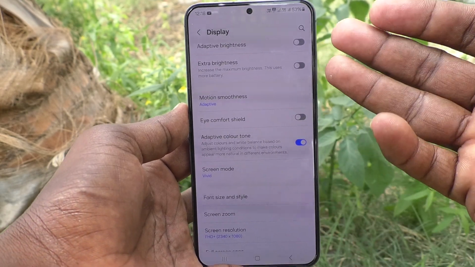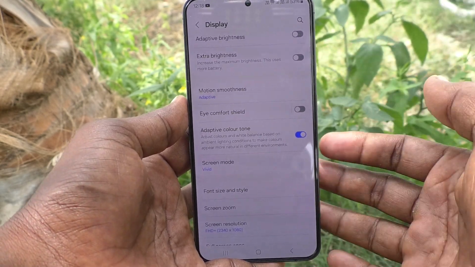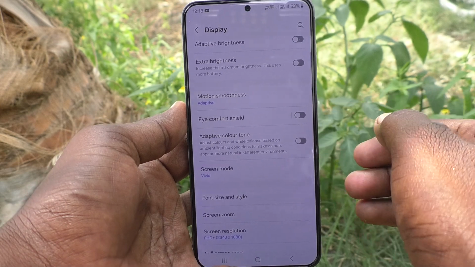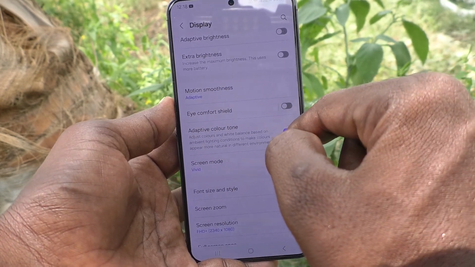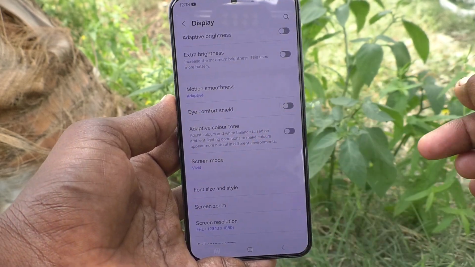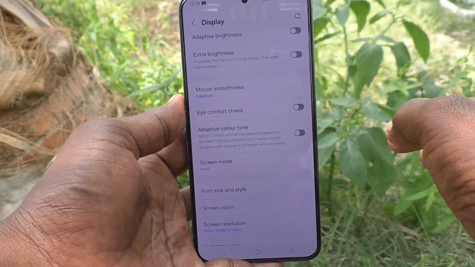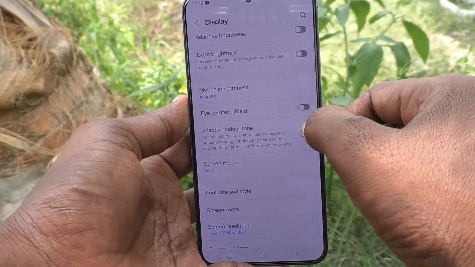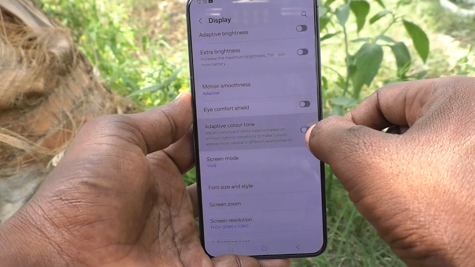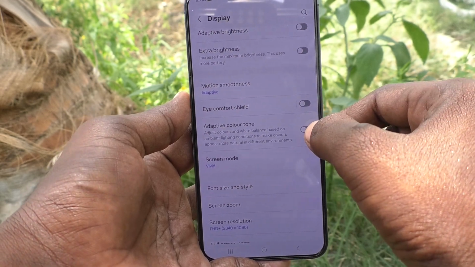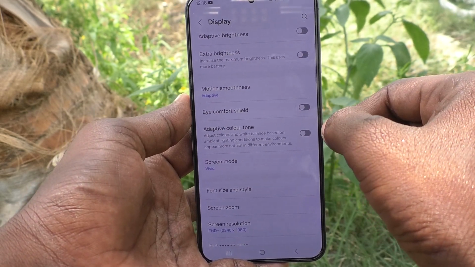Okay, now the color tone has slightly changed. Okay, if you would like to turn off adaptive color tone, just use this button again to turn off adaptive color tone. Okay, now I have turned off adaptive color tone. Okay, so in this way you can easily enable or disable adaptive color tone in your phone Samsung Galaxy S24